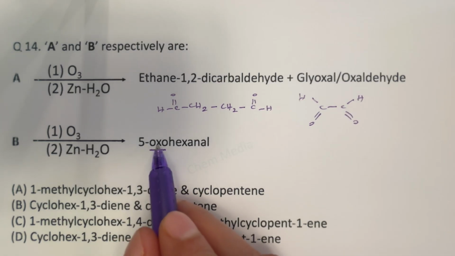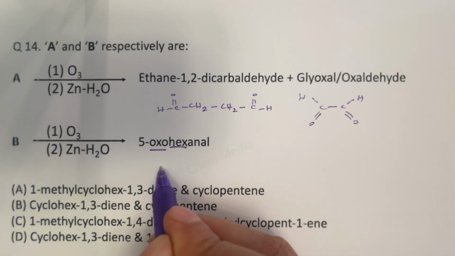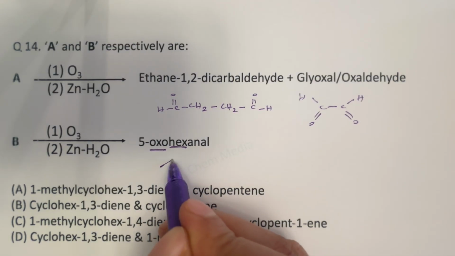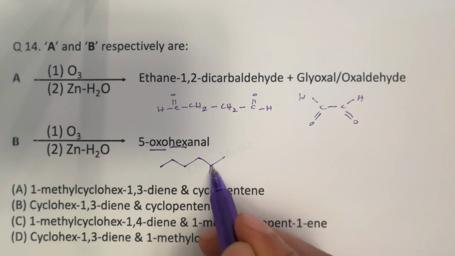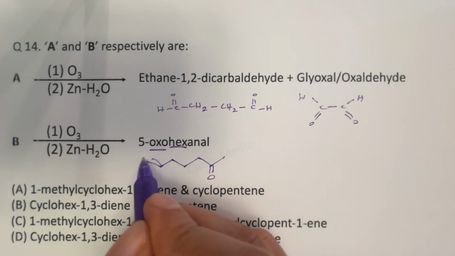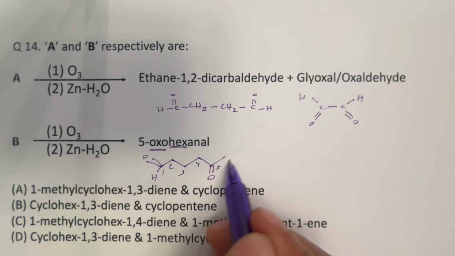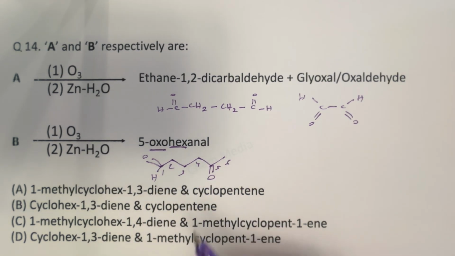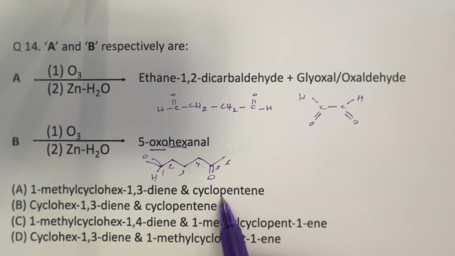And then 5 oxohexanal, that means 6 carbon atoms are there. So let's write it this way in bond line notation: 1, 2, 3, 4, 5, 6. At 5 position we have a keto group, and then 1 position we have aldehyde. So 1, 2, 3, 4, 5, 6. This is 5 oxohexanal. Now, if the starting material for B is cyclopentene, is it possible to get this product? No. Why? Because